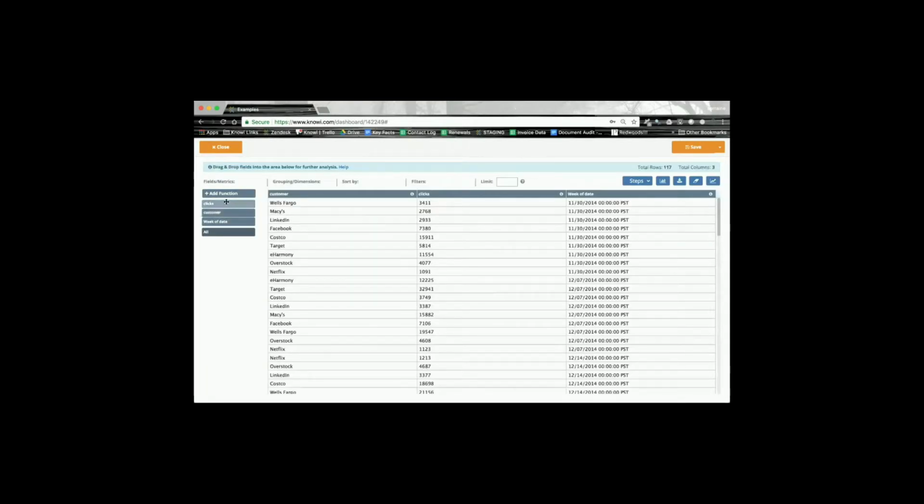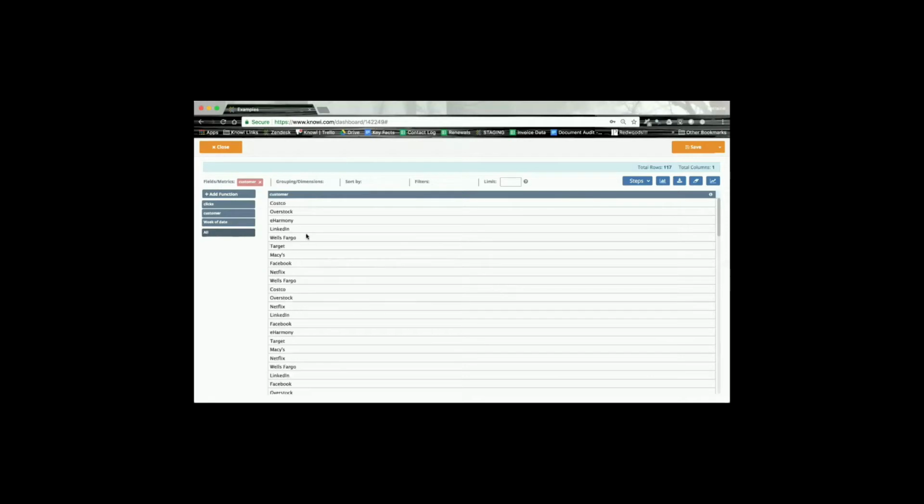I'm then going to add another step to this. Now basically what we're doing under the hood here is basic Cloud9 QL. So if you're very familiar with it, you could either do this at the query level, using Cloud9 QL syntax directly, or you can do it like I'm doing here and dragging and dropping on the grid. This could be the equivalent of one SQL statement, and then I want to add pretty much another one. So I take the results of my prior statement and I want to do a couple of other things. So what I want to do is I want to basically have my customer, but I also now want to derive